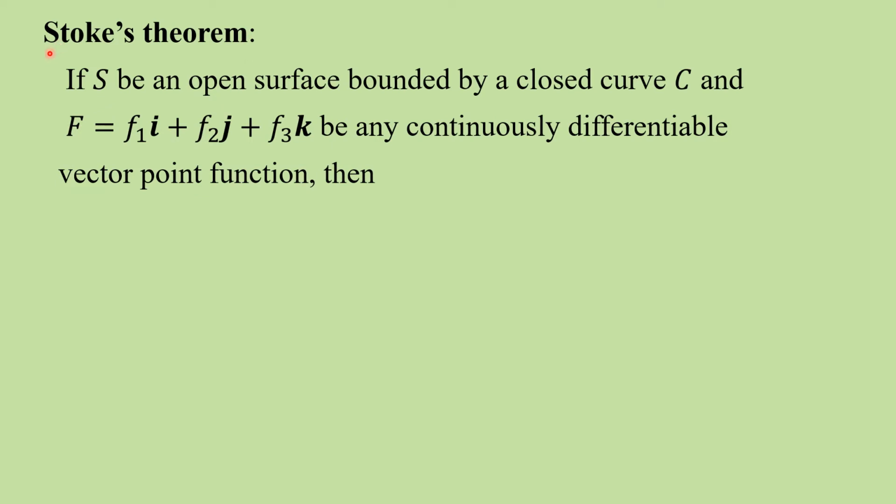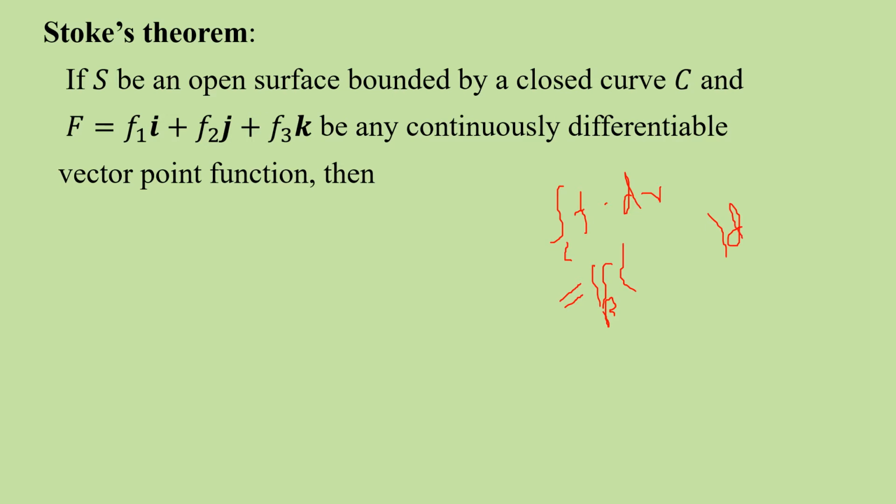In my last video session I have taken Green's theorem in the plane. All of you know that Green's theorem relates the line integral of a vector point function f along a closed curve C to a double integral over the plane region bounded by C, correct? So if I want to find the line integral of f along C, that is f dot dr, since f is applied in the plane, I can say it is f1 dx plus f2 dy. We might have taken it as M dx plus N dy, which I can write as a double integral over the region R, where we have to integrate del N by del x, identify M and N.